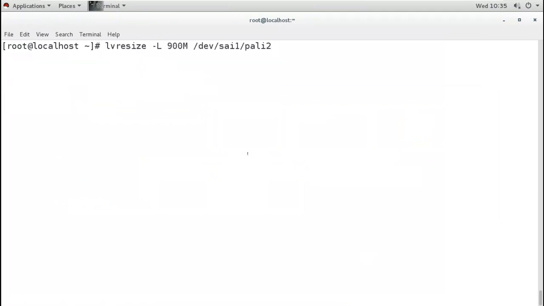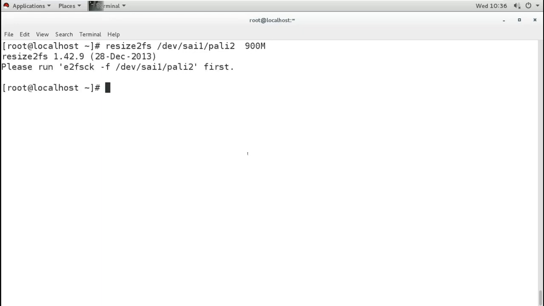This is the same command, but let's see what happens if I do it right now. resize2fs, and I want to resize the /dev/re2, and I want to resize to 900 MB. It is 1800 MB, and now I want to reduce it to 900 MB. Now when I press enter, it gives me one more option here.